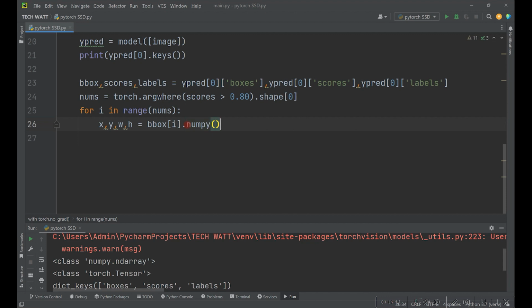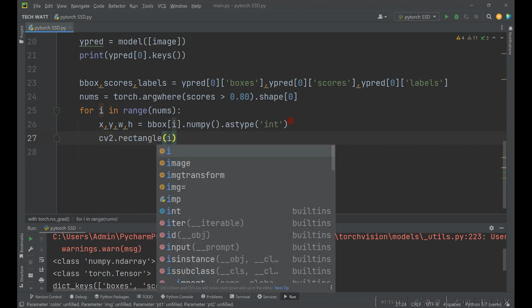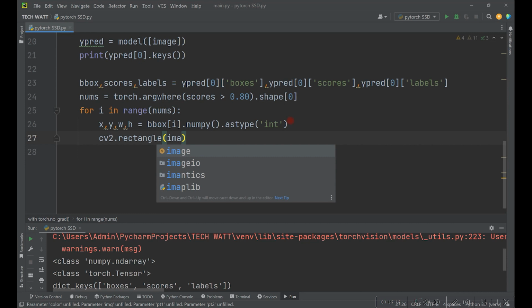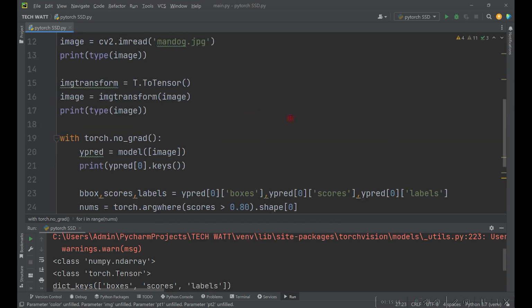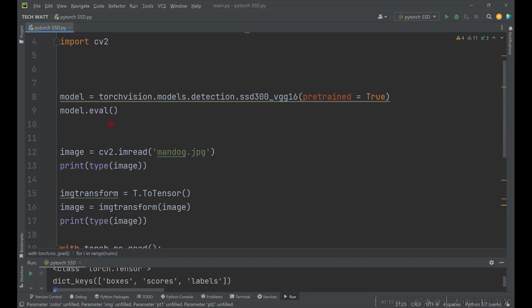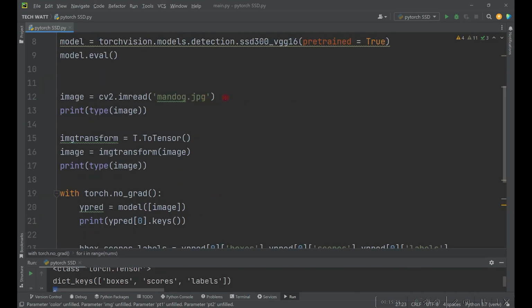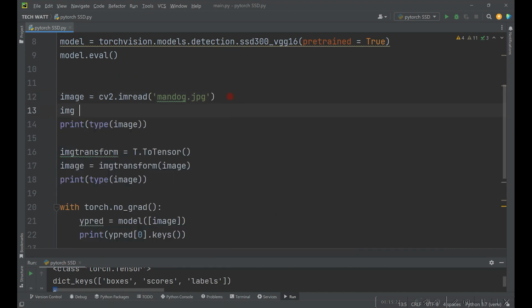And also we shouldn't forget to also change the type to an integer, because we have floating numbers there as the bounding box. So we can just say astype, then we specify it to be an integer value. So with this out of the way, we can go ahead and draw this rectangle on the image. So we can say cv2.rectangle, then we want to put it on the image. But this image now is also a PyTorch tensor. So what I will do is to come to the top here and then copy this image. Where is it? This same image. So we'll say img is equal to our original image dot copy,